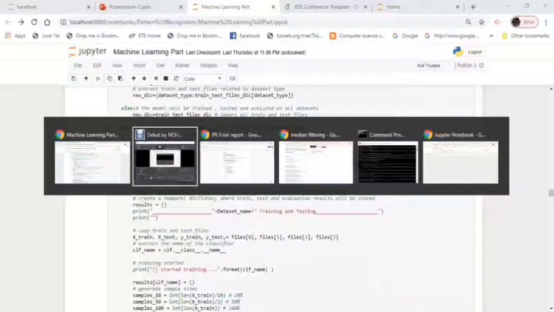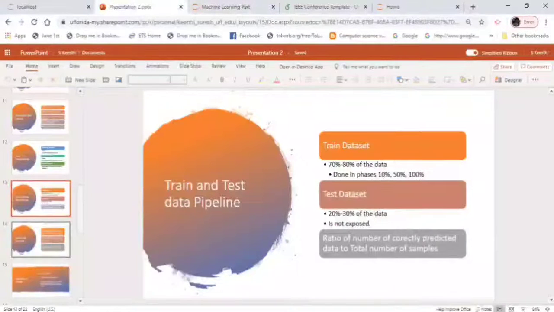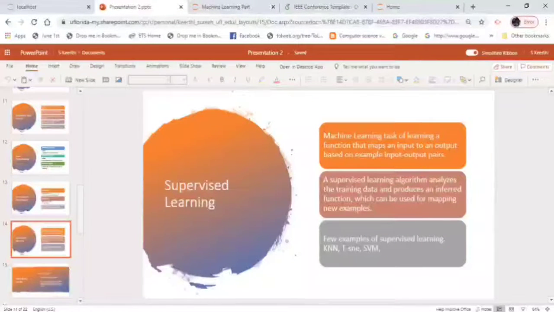And the next step is supervised learning. What is supervised learning, and what is the importance of it? Supervised learning is a machine learning task of learning a function that maps an input to an output based on example input-output pairs.